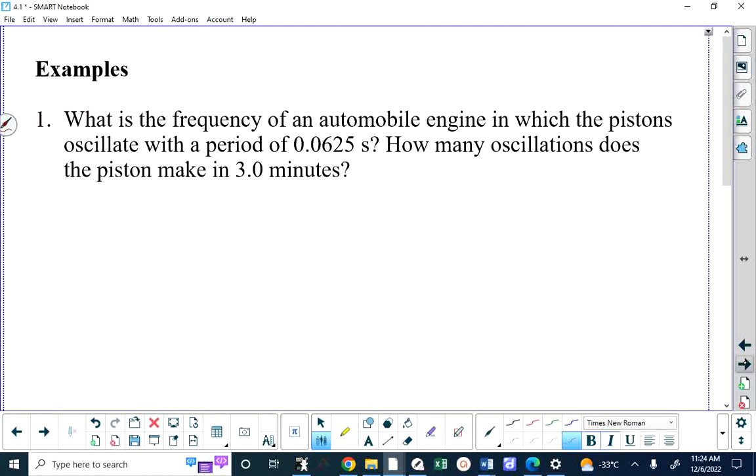Two examples. So this is a very basic introduction. Two quick examples, which you could probably do on your own. What is the frequency of an automobile engine in which the pistons oscillate with a period of 0.0625 seconds? Well, what you are told here is the period,